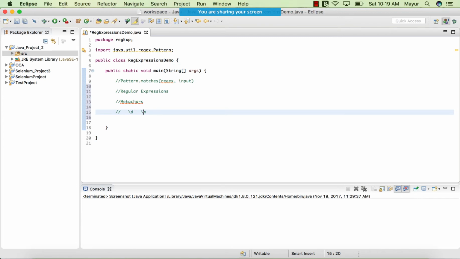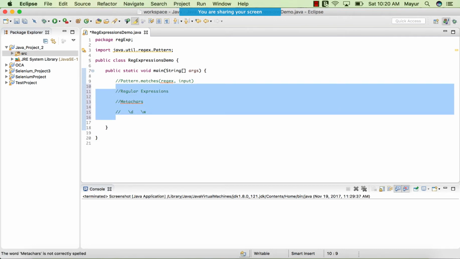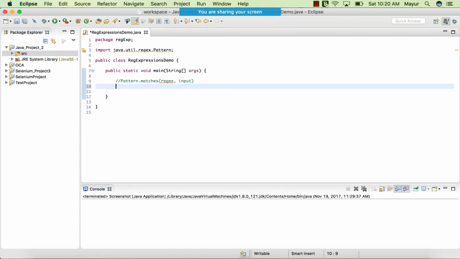So normal characters, when used in a specific fashion, they get special meaning and special purpose to create your regular expression patterns, and those are the meta characters. Okay, so there's a huge list of meta characters, quantifiers, and whatnot. We'll try to see the most important of those, most widely used of those, to get ourselves comfortable with the